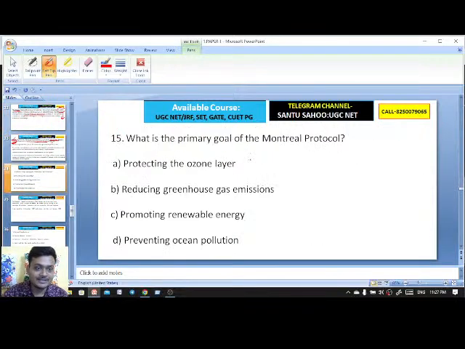Next question. What is the primary goal of the Montreal Protocol? The Montreal Protocol took place in 1987. After that came the Kyoto Protocol.